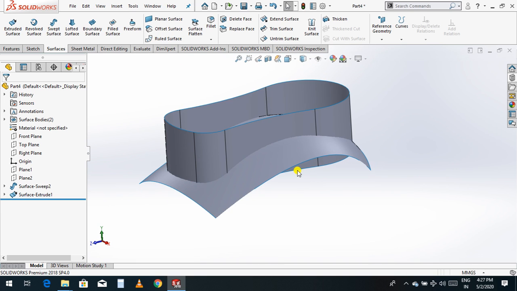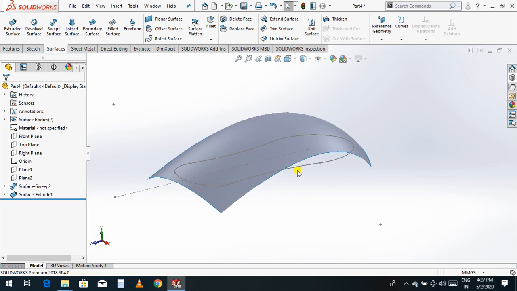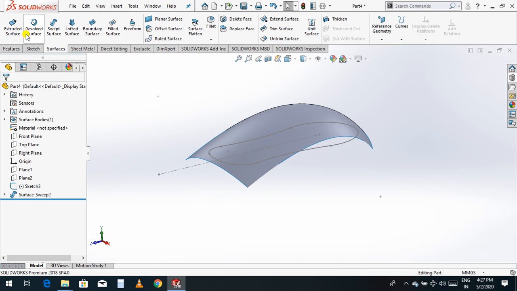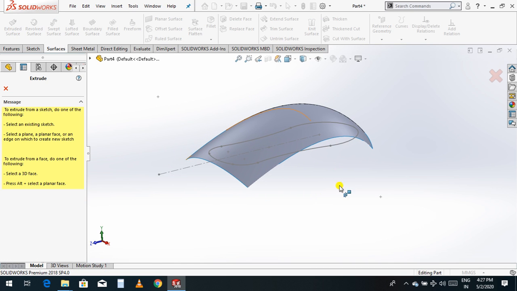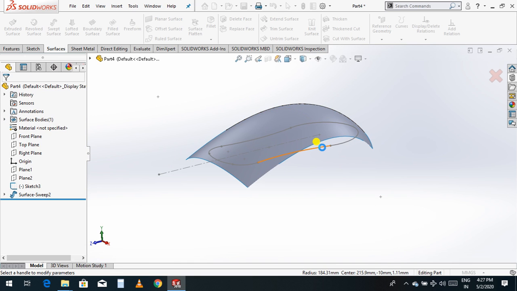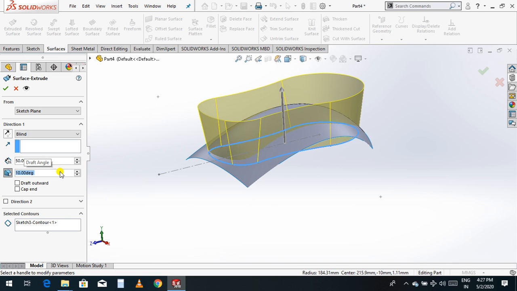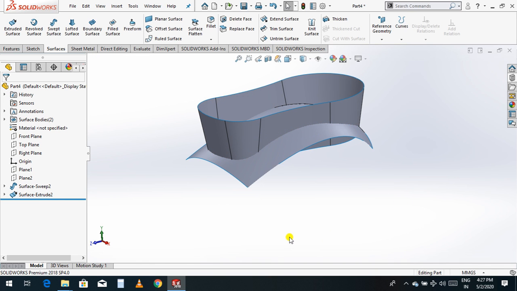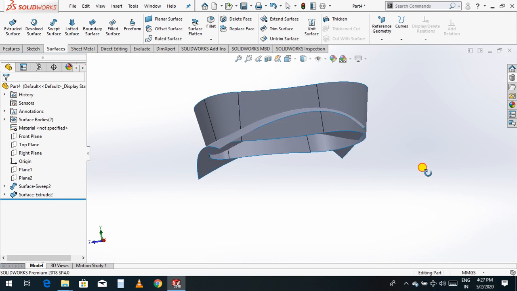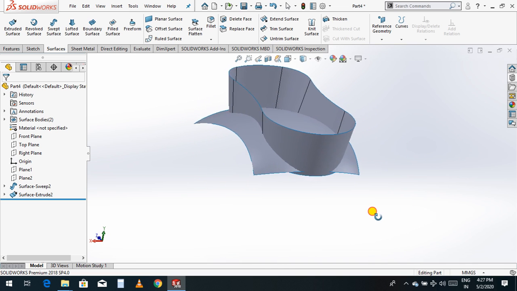Go back. Now you just go to extrude surface and extrude this one, and you should give a draft angle of 10 degrees. That is the reason you are getting the gap there. I'll give 10. Now just click OK. Now you can see you will not get the gap.